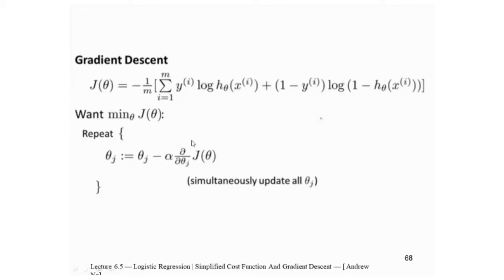Then how will you minimize? Using the gradient descent method, you have to simultaneously find theta. So theta 0, theta 1, theta 2, you have to simultaneously optimize, and finally you will get some optimal value for theta 0, theta 1 and theta 2, and so on. So here I am using the gradient descent method to optimize this. Now here you can say that we are taking differentiation. So it is important that whatever you are going to apply, z theta, must be a continuous function. You cannot apply it for the discrete.